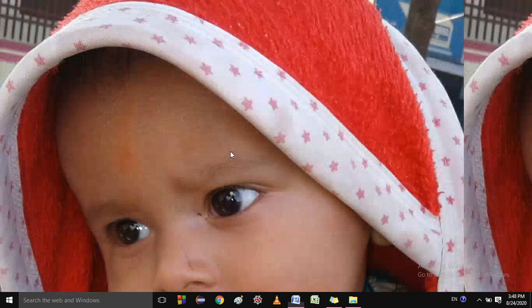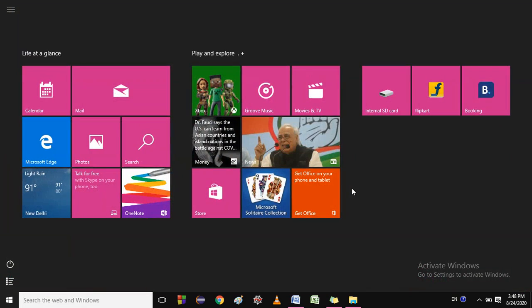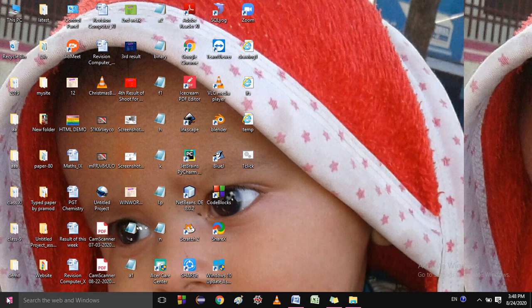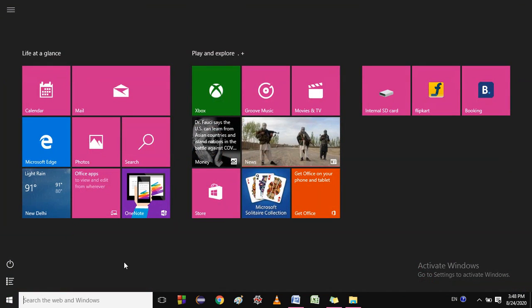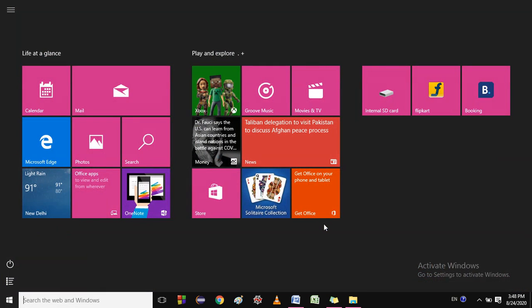So for doing this, you first click on the start button. What is the start button? Let me show you. This is the symbol of the start button. If you see it in the text, you just click on this. You can also directly click on the start button given on your keyboard. So click on the keyboard start button.